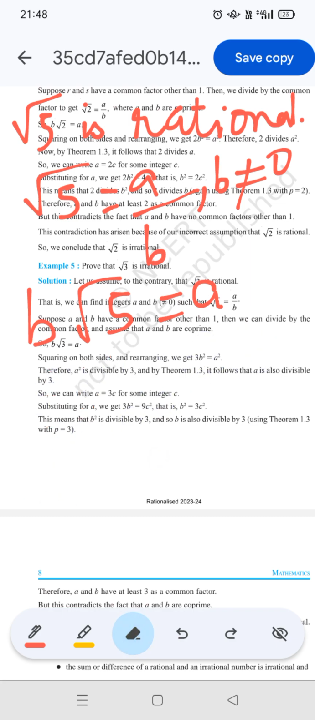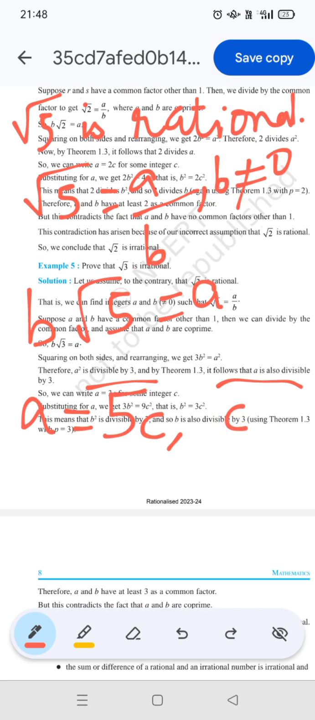Please follow me over here. With this I said a square is divisible by 5, then it follows that a is also divisible by 5. Then we can write a as 5c for some c. Then when we substitute for a, we get 5b square equals,